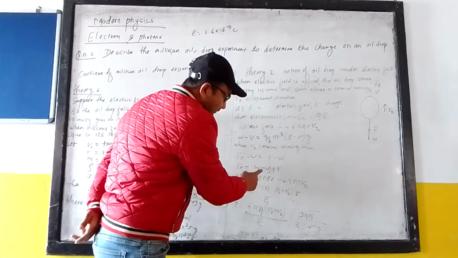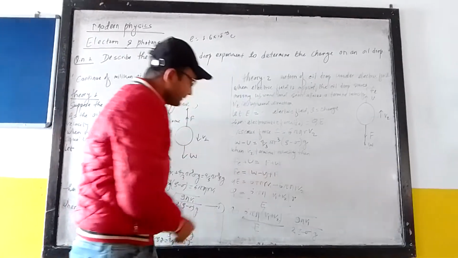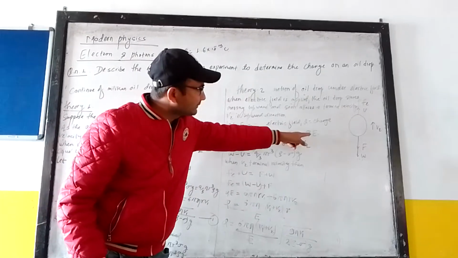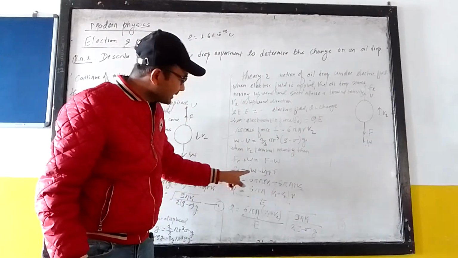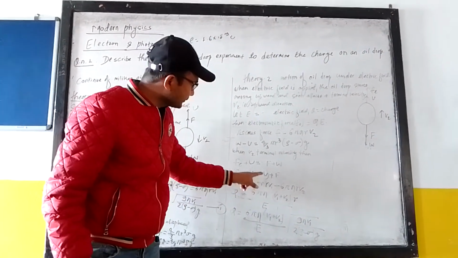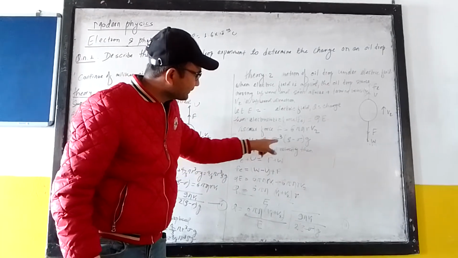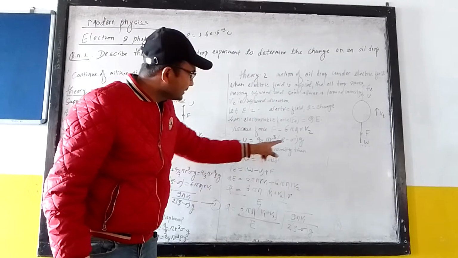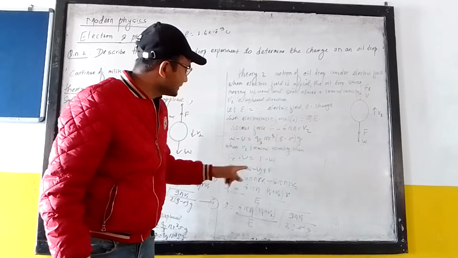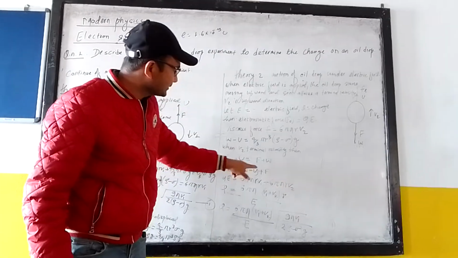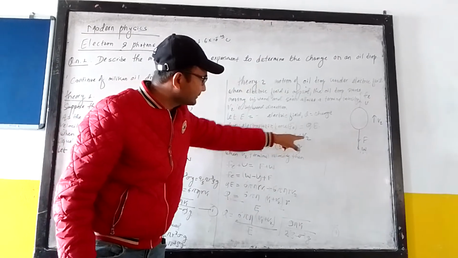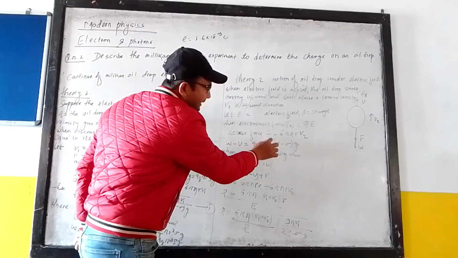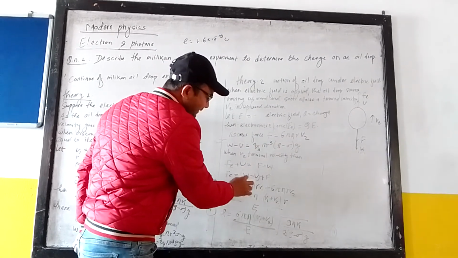You can see here W minus U plus F, and Fe as it is. QE I have written from here, QE in the place of Fe, and W minus U equal to 4 by 3 pi r cube rho minus sigma g. So I have written this value, rho minus sigma g equal to which value, 6 pi eta r भन्नु भनेको यो W minus U भन्नु भनेको नै F सँग बराबर हुन जान्छ।